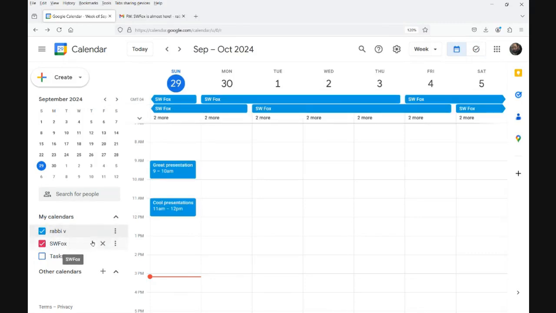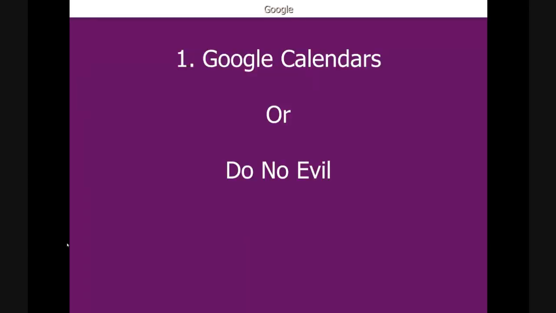So I have two calendars listed here. And I can have as many calendars as I want. Each calendar has its own set of dates, entries, appointments, and tasks. And I can see any combination of those calendars that I want. So I can be looking at these two calendars at the same time, or only one, or only the other. Now, this seems relatively straightforward, and it is, but it doesn't do the kind of things that we want it to do. So Google said, I know,